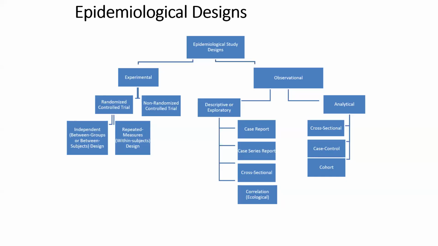I hope I've not confused you. I have colleagues who may not agree with me, but this is the way I understand it, and this is the way it makes sense to me, and this is why I'm explaining it to you like this. So give me 5 minutes to take a bathroom break, and then we'll come back. I will talk about analytical cross-sectional, analytical case control, and analytical